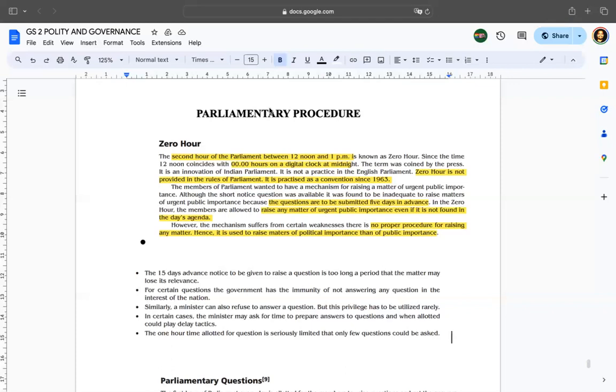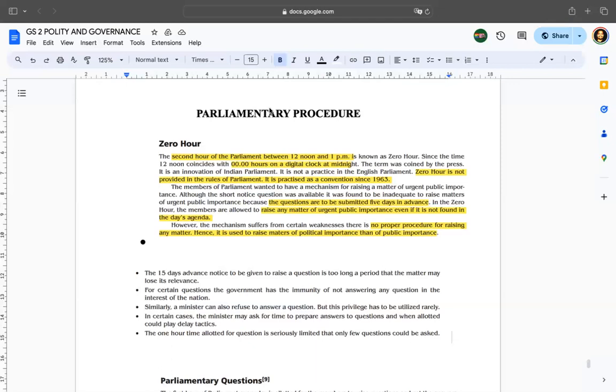Then comes the second hour, which is known as a 0 hour. So 0 hour is such a procedural aspect which is neither mentioned in the constitution, nor even in the rules. So 0 hour has no sanctity behind it. It is an informal device. If a question appears that it is formal or informal, the answer will be informal.